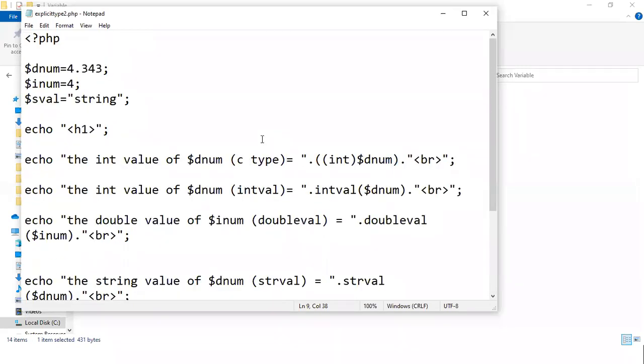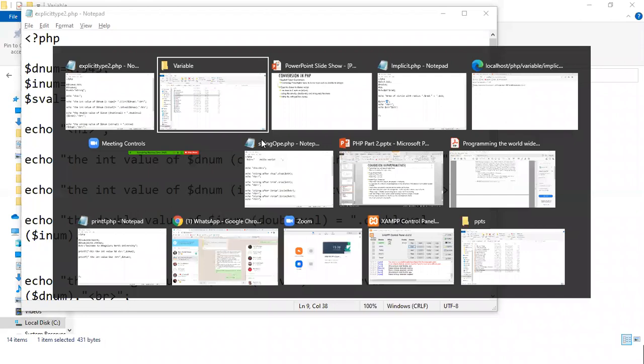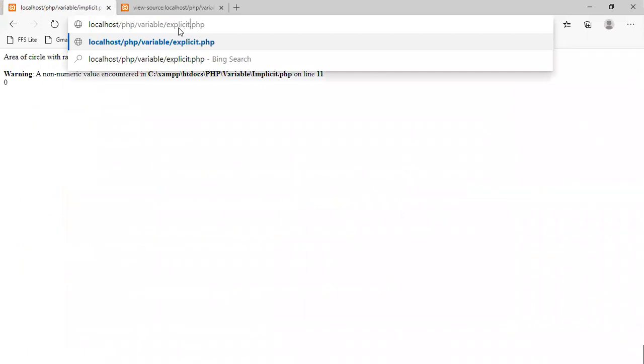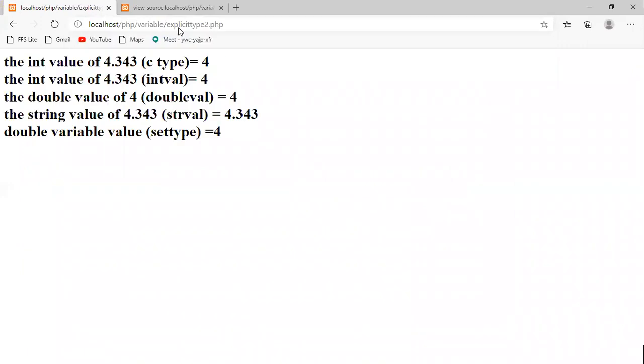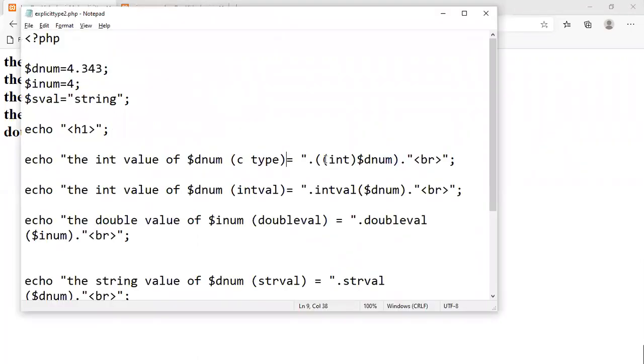Explicit type conversion. You can check out, the value was 4.343, with a fraction part, but it is only giving us the 4 value because of this one statement.